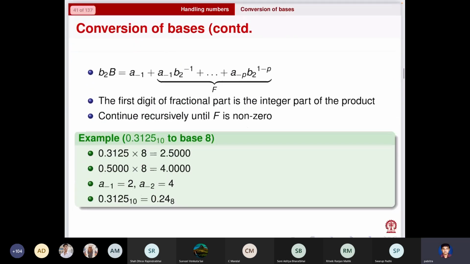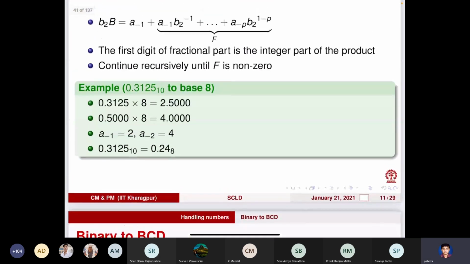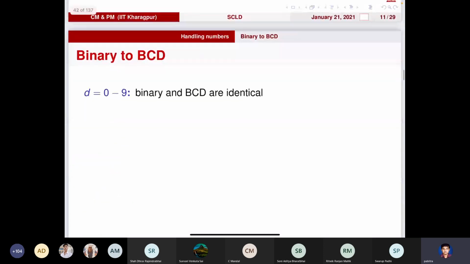So different radix number systems, base 2, base 12, base 8, how to do addition, how to do subtraction, how to do complementation, and how to do a base conversion. These things we have studied. Now we'll come to a number representation, which is a slightly modified form of this radix representation, because it has some advantages. This representation is called binary coded decimal, or BCD. So we will see how we